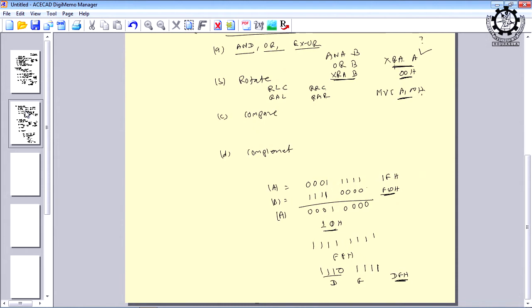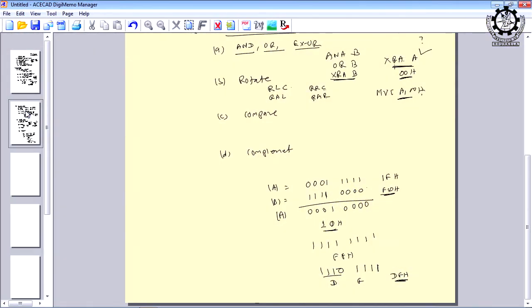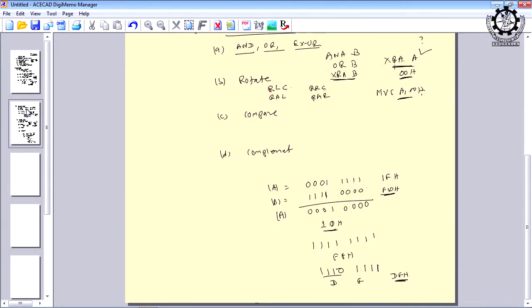So, we have in fact only 4 instructions under the rotate category. RLC and RAL rotate the contents of the accumulator left by 1 bit position. And remember, for all these rotate instructions, the accumulator is implicitly present by default.